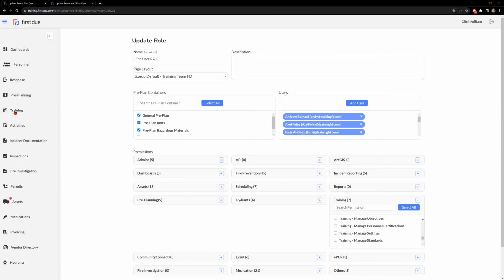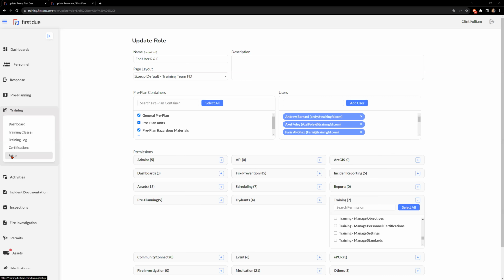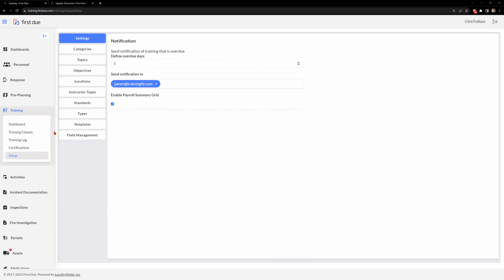So now let's navigate to the training setup. From the setup, you're going to see a settings tab, categories, topics, objectives, locations, instructor types, standards types, templates, and field management. Under the settings tab, you can set